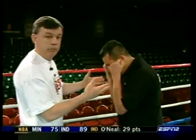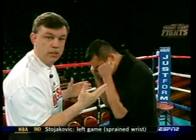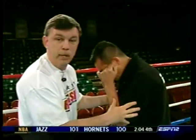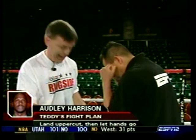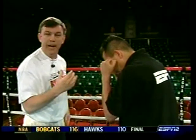Now, Guinn goes into the peekaboo on the inside, so hooks are not going to be effective because he's going to block. And there's really no room for a straight punch on the inside with this peekaboo. So the punch there is the uppercut. It can split the guard. Look for the backhand, the left uppercut, the power punch for the southpaw, where the foot is behind that power